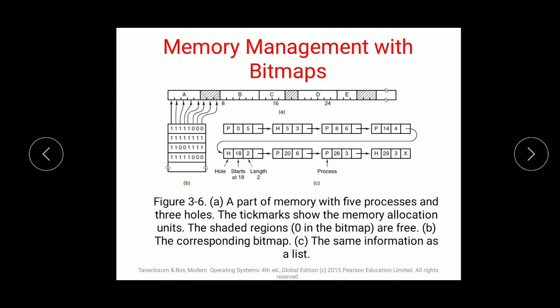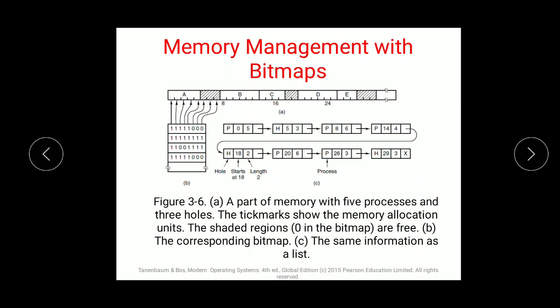Linked list is for free and allocated memory segments, whereas bitmaps we will read now. In this method, bitmaps, every allocation unit is signified by a 0 or a 1. So bitmapping is between the value 0 or 1. Whichever unit is free is represented by 0, and an allocated unit, whichever is allocated by the user, will be represented by bit 1.